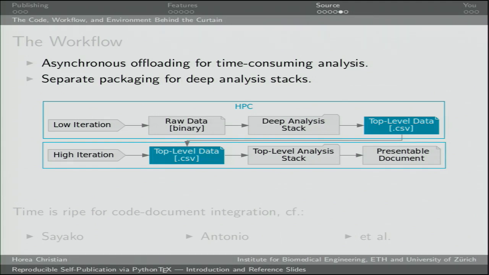So it won't actually help you work faster if each time you recompile your LaTeX document, you have to wait for 3 days, because that's how long it takes your pipeline to go from scratch. So to mitigate that, the workflow which I use for a number of projects where I need to do a lot of analysis work is to have this two-tiered system where I offload basically all of the time-consuming analysis to a separate iteration stack, which ends up generating a set of top-level data based on which I can do plots and statistics in the document.